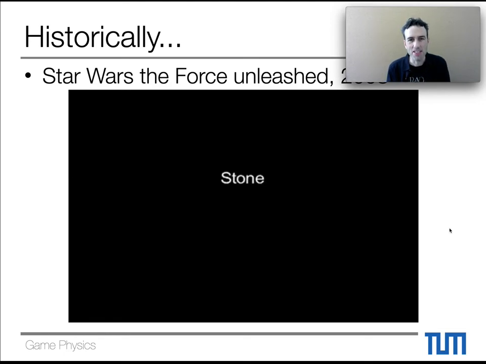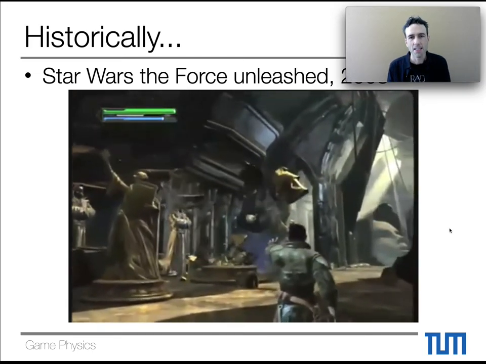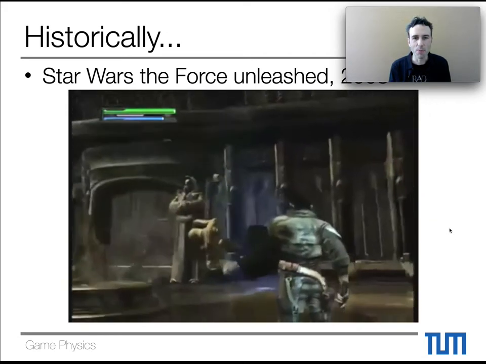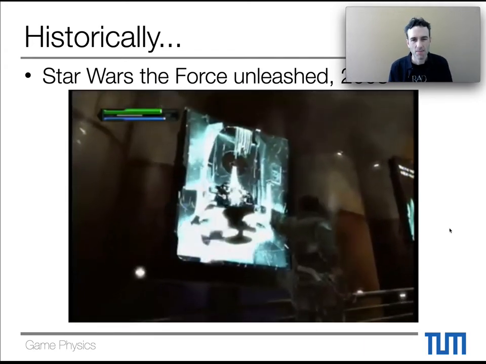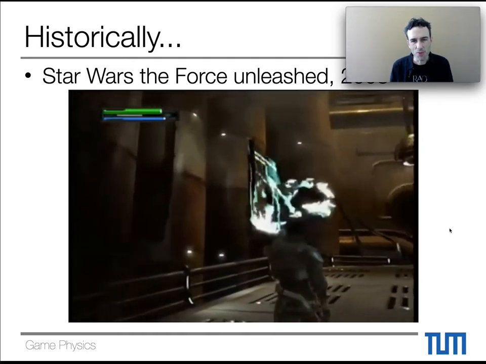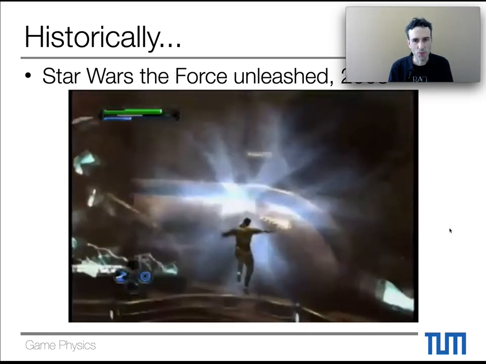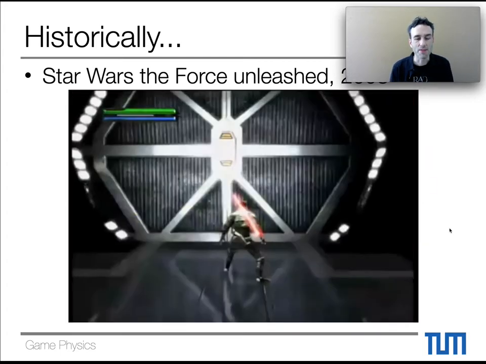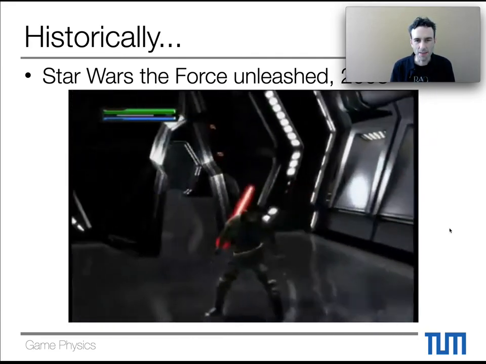One different area that I think is worth mentioning is the Star Wars game here. This was 2008, and as far as I know, this is one of the very few games that really modeled whole volumes and breaking and deformation effects. Also something we'll get to later on in the lecture, but this is actually quite tricky to do, and this is a game that pulled that off quite impressively with a relatively realistic model. There are actually some research papers on the technology behind that.